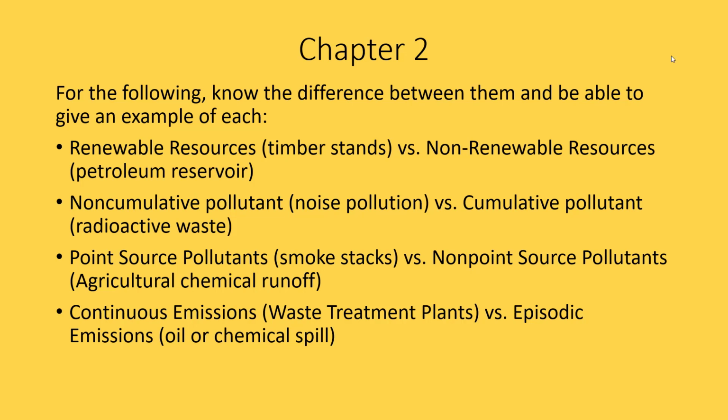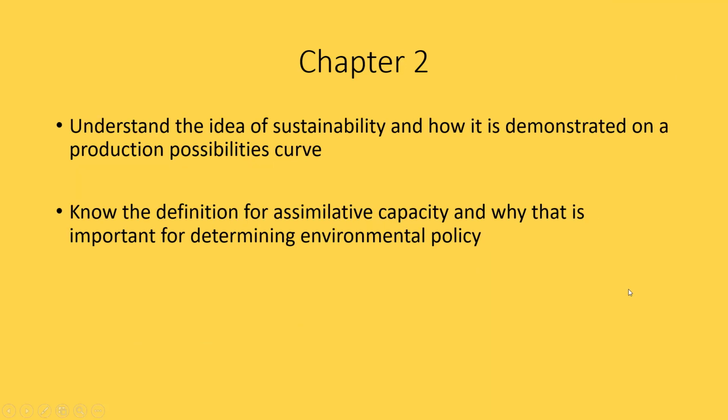So the question for the government when it comes to how to regulate these things is, when it comes to continuous emissions, we have to decide how much we should allow. We might want to put in certain limits on how much is allowed to exist. Whereas with an episodic emission, the question for the government in terms of how to regulate it is what policy should be put in place to prevent it, and what policy should be put in place to ensure the quickest and most efficient cleanup of these types of activities. So again, different regulatory questions for the government depending on whether it is a continuous emission or an episodic emission. And I believe that is it for chapter 2, other than making sure you understand the idea of